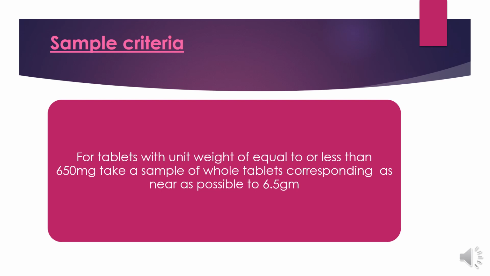Usually it says for tablets with unit weight equal to or less than 650 mg, take a sample of whole tablets corresponding as near as possible to 6.5 gram. That means if your tablet unit weight, one tablet's total weight along with the active as well as the excipient, is about equal to 650 mg or less,